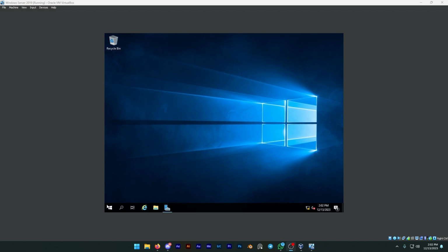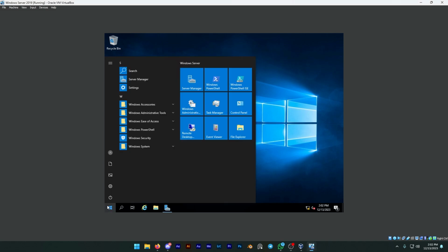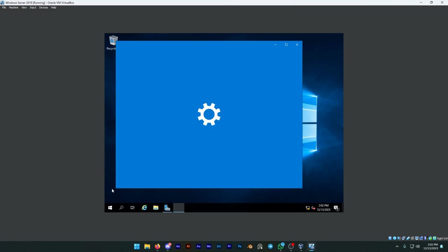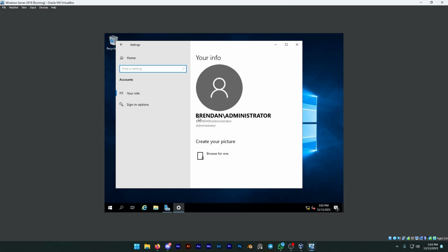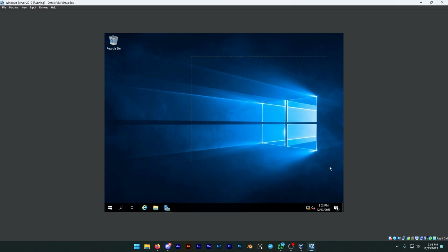So to get started, make sure our Windows server is up from the VM. We're going to click Start menu, then we're going to click the profile. We're going to click settings, then we're going to accounts, and we have to make sure that we are on the administrator account. We don't want to be on any of the previous ones that we've created before. So once we have done that,